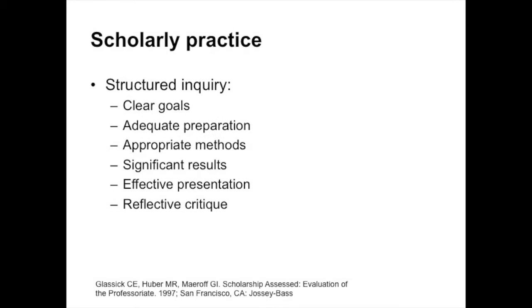We can also consider the kinds of things that make something scholarly. Glassick and colleagues came up with a series of criteria by which we can assess whether a work or an activity or a project is scholarly. These include ensuring that there are clear goals, i.e. that the plan, the intent, the questions are clearly expressed. It should have adequate preparation in the sense that what is known about this field or area or topic is already explored and that this isn't replicating existing studies. There should be appropriate methods that address the kinds of questions and issues that the study is trying to get involved, and these should also be well theoretically grounded.